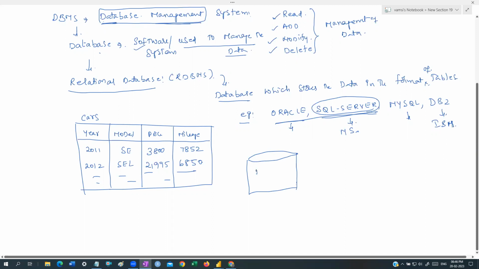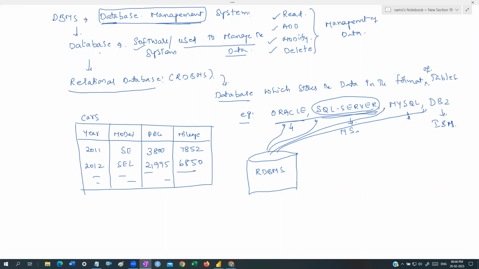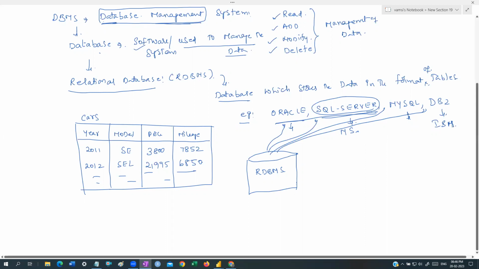So this is generally the diagrammatical representation of any RDBMS. It may be Oracle, SQL Server, MySQL, DB2, whatever the relational database is. Whenever you want to manage the data, how do you manage it? I want to add some data. How to add the data to a database, or modify or delete the data? For that, a language is required. Whenever the user wants to interact with any relational database, we require a language called SQL.